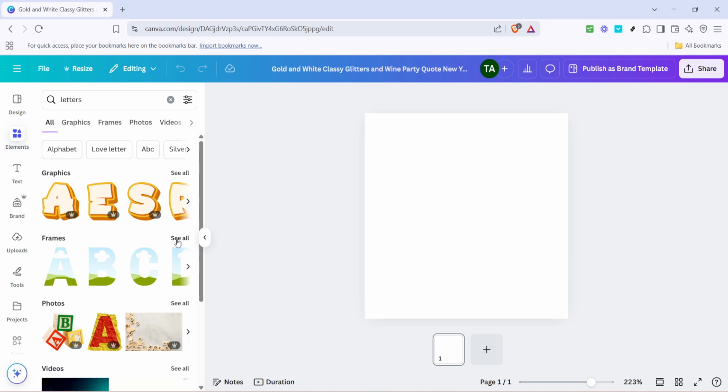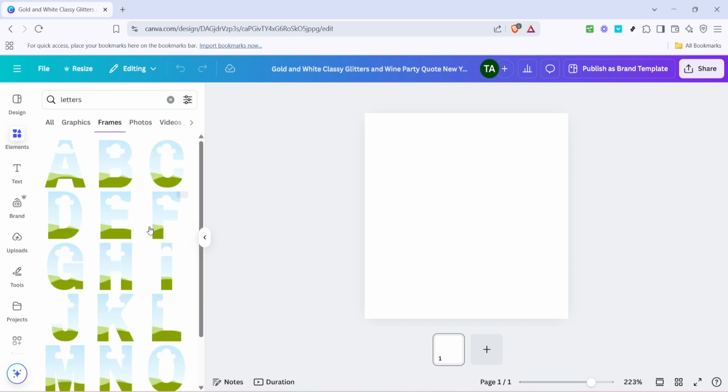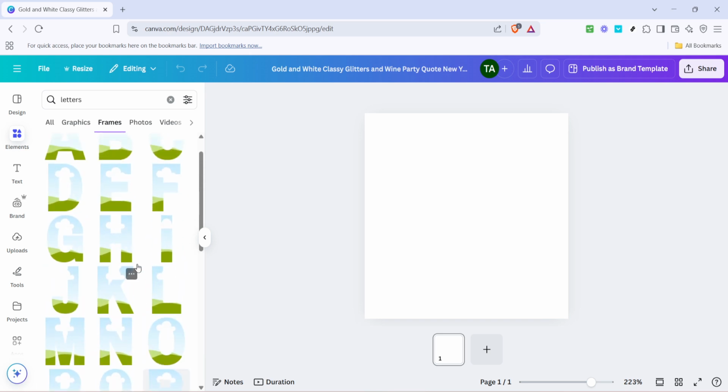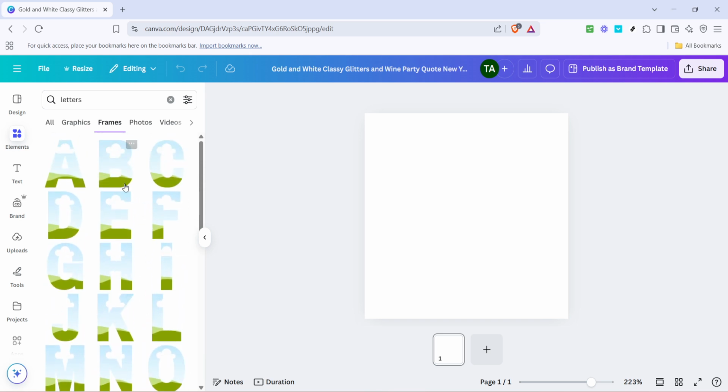With your text on the screen, tap on See All to explore all available text options. This will give you a comprehensive view of different fonts and text styles, so you can choose one that best fits your design concept. Look for bold or chunky font styles, since these will work well for filling with images. Once you've picked your font and adjusted the letters on the canvas to look just how you want them,